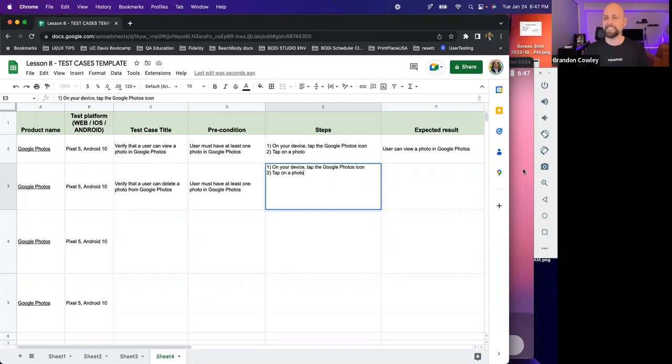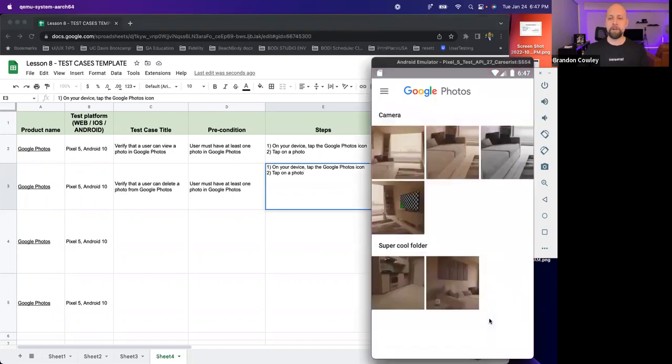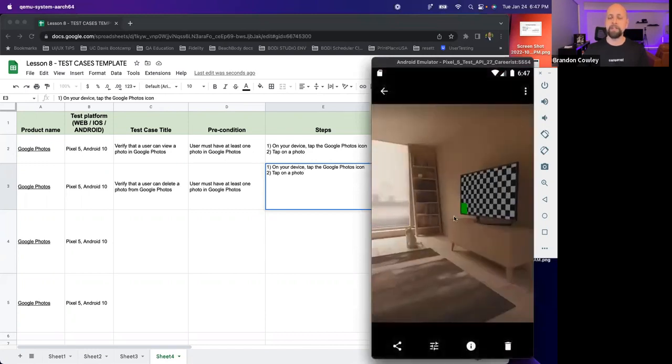Alexander, you said Control Alt Delete. I love that. Two would be you want to tap on a photo, right? So open the app. Cool. Which one of my photos deserves to die? Sure, you. So you want to go here. So then you want to tap on a photo.